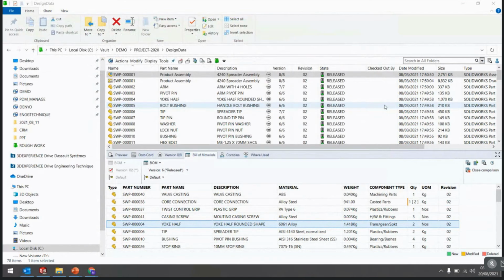Also, we can export our bill of material in XML format. Many ERP systems require XML format. So using a workflow or transition, we can set it. And also, we can create an import-export rule for the bill of material, so that the ERP system and the PDM system are simultaneously synchronized. So this is how, using PDM, you can automate your engineering process and eliminate all your challenges and issues.